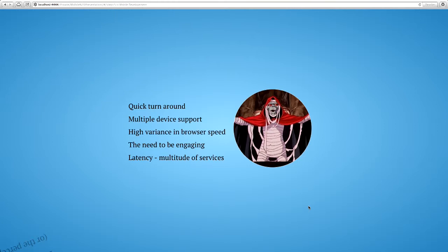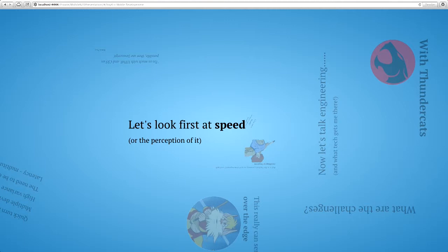And finally, the latency. Sometimes that includes absorbing a multitude of services from all over the place. And I literally mean all over the place. When I first came to Australia, we had servers that were based on the West Coast. So obviously, West Coast of America, sorry. Ingesting multiple feeds and stuff like that, and then getting all that onto the front screen and engaging is actually quite challenging. So this talk is going to be about what I've learned in the last 2 years,